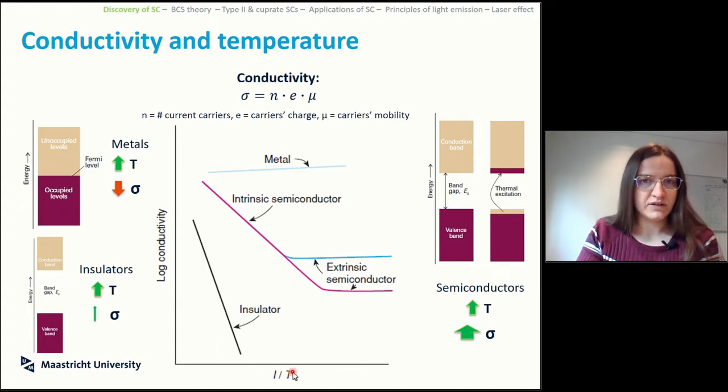In a semiconductor, instead, the number of mobile electrons is very small, but it can be increased depending on how you bridge the gap. So you can increase the number of carriers by increasing the temperature, so you promote more electrons to the conduction band, or you add impurities. So at lower temperature, you have this distinction between intrinsic and extrinsic